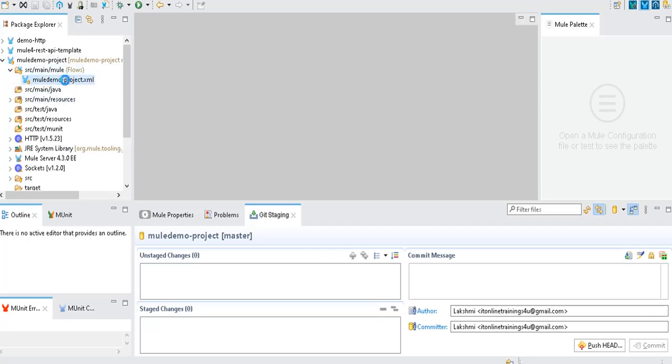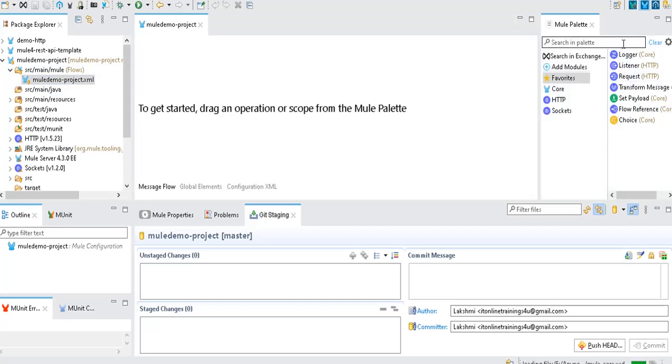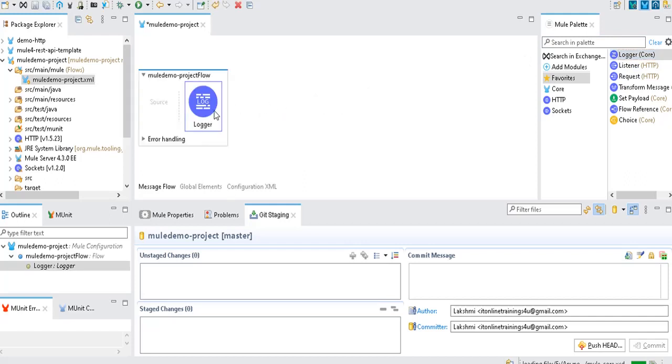So let us add one flow, just a logger. Now I would like to commit this code to my remote repository because this is the new change I have added. I didn't even commit it to the local repository, right? So let us see how we can compare and how we can commit this code.